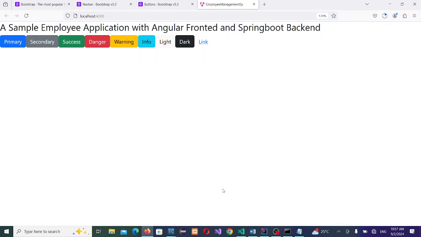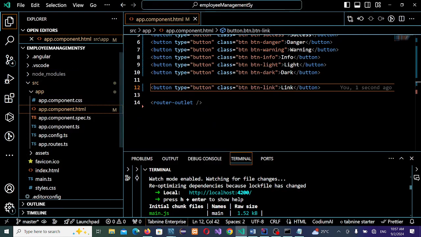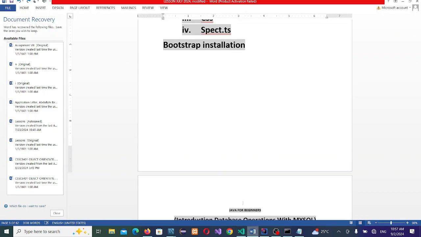For login and sign up, we're going to do it later because I want to implement security from Bootstrap, Angular security, and all that, authorization, authentication. That will be covered later. So the first thing we do here is to create some components, and these components are one, I think two here,